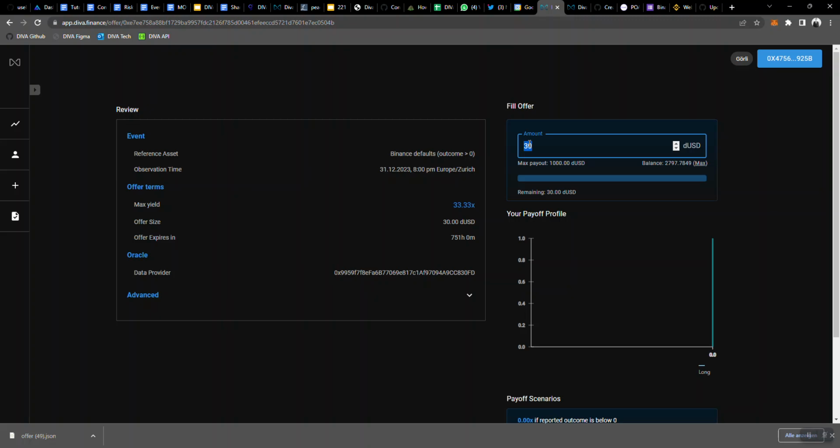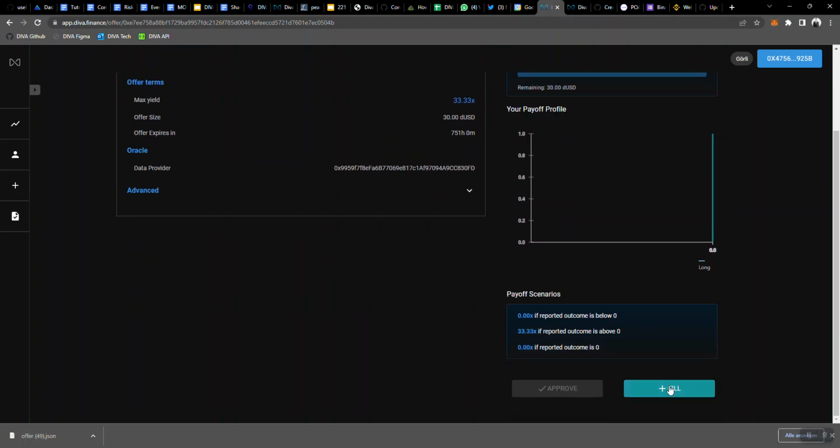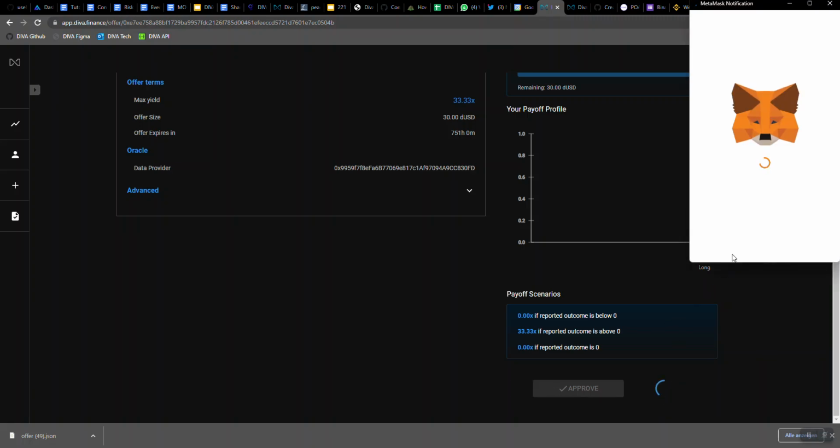So basically, if I buy an insurance for $1,000, I pay $30 now to be protected. Okay, and that's basically it. I can also say, okay, I only want to buy protection for up to $166, so just paying 5. I fill that,